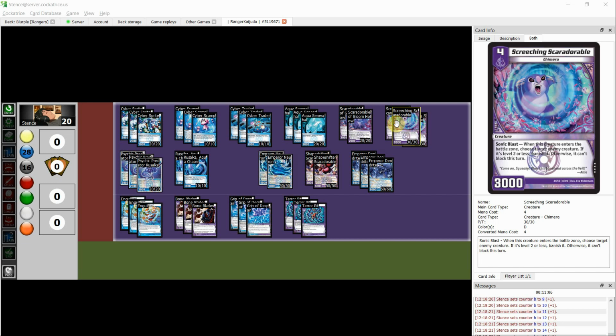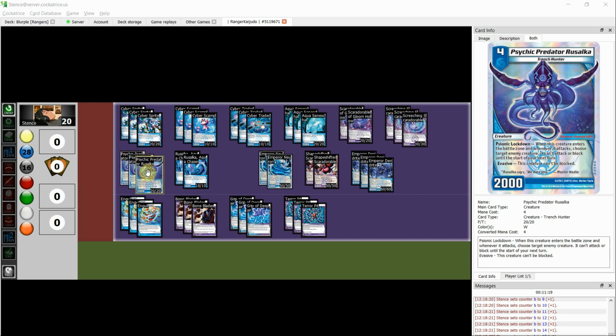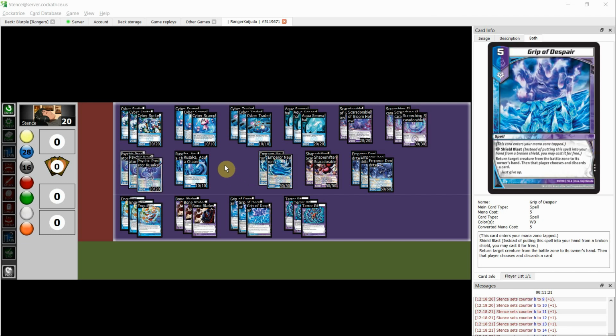Some board presence, which is really, really helpful. Also important to keep in mind, the way evolution creatures work in this game, if you've got a creature on the board under some kind of status effect, such as under Screeching Scaradorable or Psychic Predator Rusalka, and then you evolve, and then your opponent evolves on top of that,